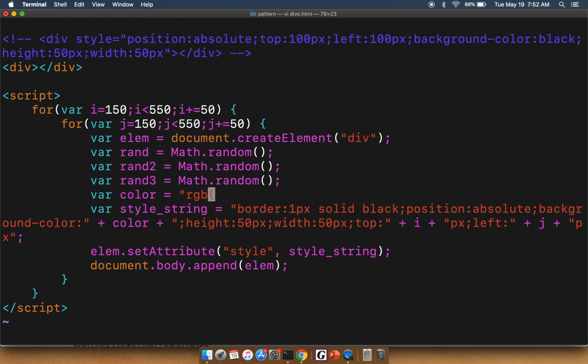So my color is now going to be RGB plus rand, comma, plus rand2, comma, and closing parens. Remember, color is still a string, just instead of the actual color name like red or green, you can use as the string RGB and then 3 numerical values. Now remember, these values need to be between 0 and 255. So if I were to save this,